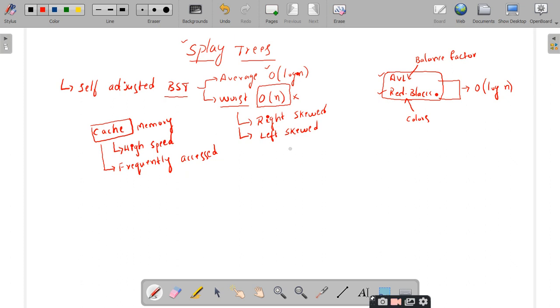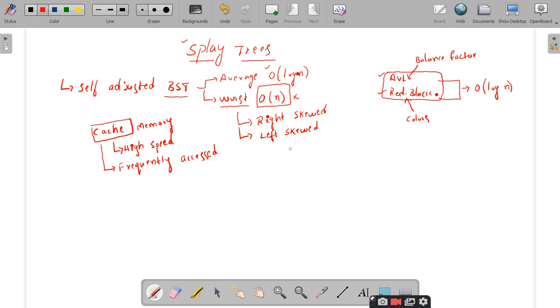What it will do is first check inside the cache memory. If the pi value is there inside the cache memory, it will take the value from the cache memory so that it can access the pi value much faster compared to going to the secondary memory. So this is the main reason for implementing the cache memory.